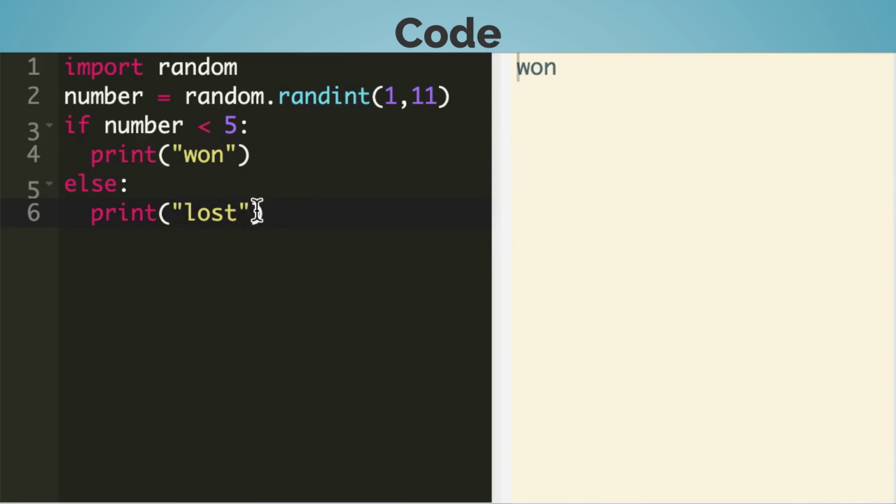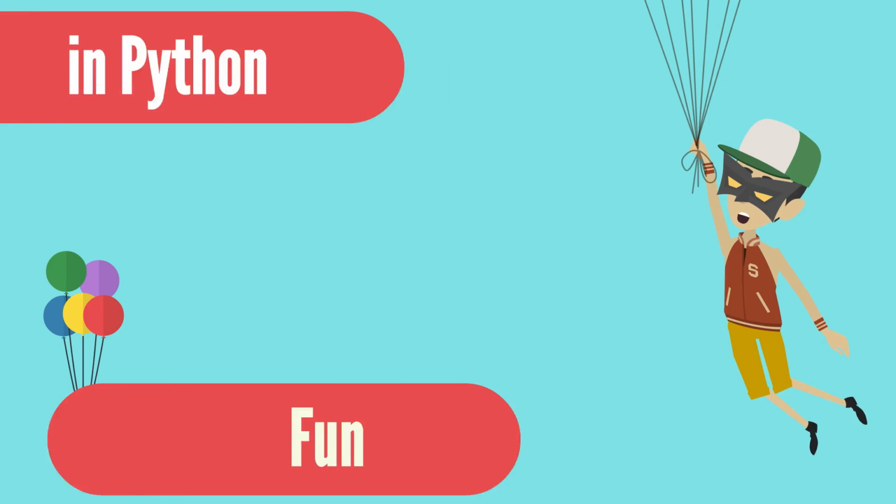Oh, I see 1, lost, 1, lost. Now let's print the number in the output. I saw 1, 2, 1, lost 10, lost 8, lost 7. If loop is so